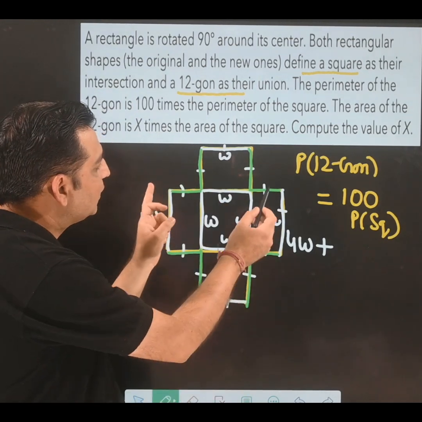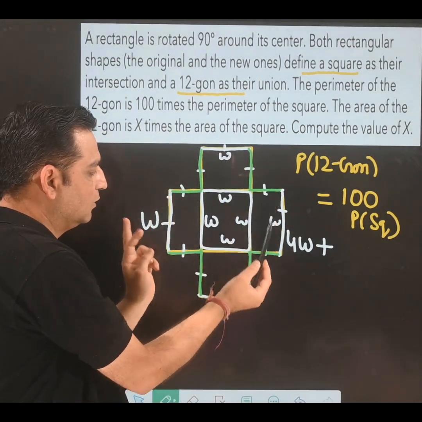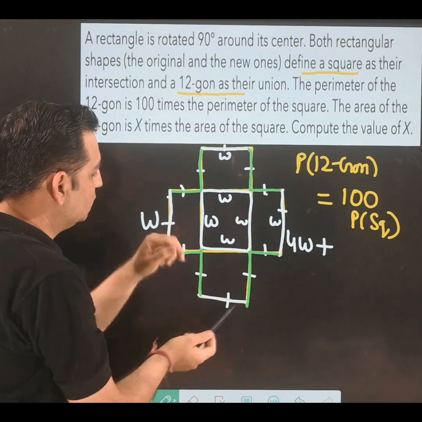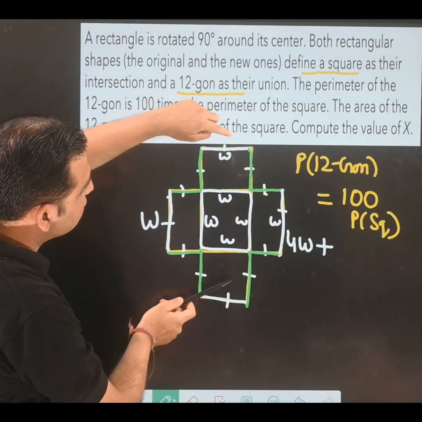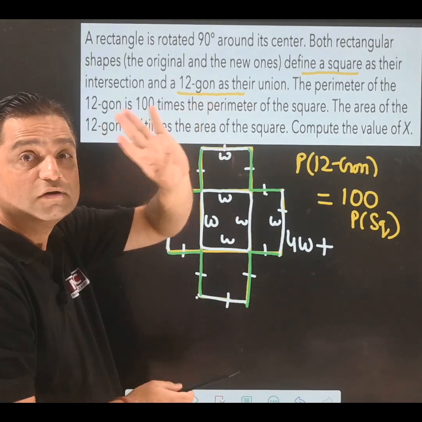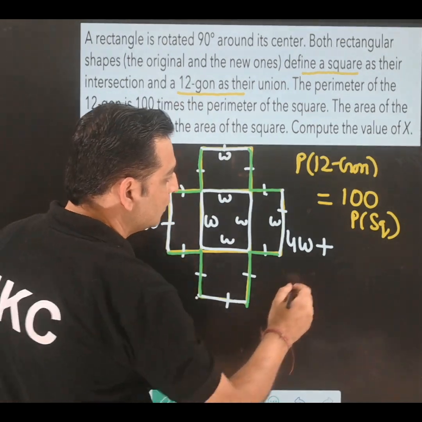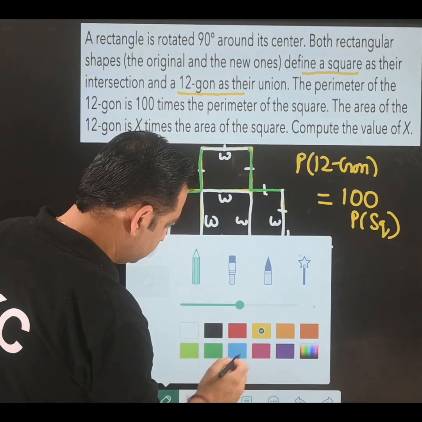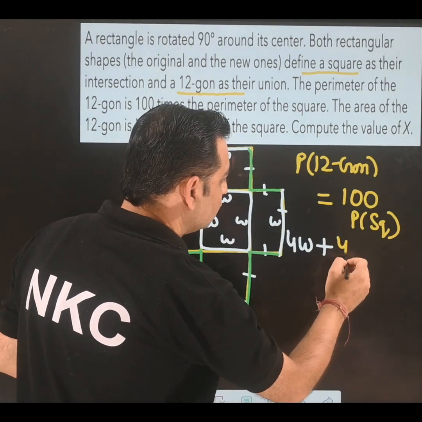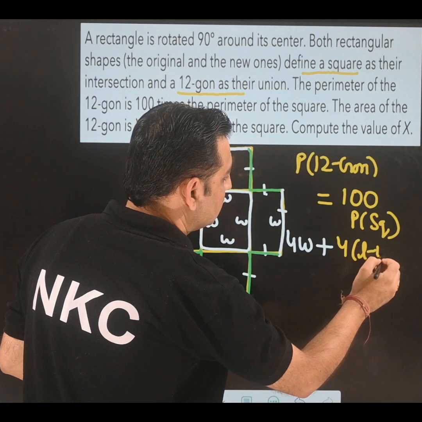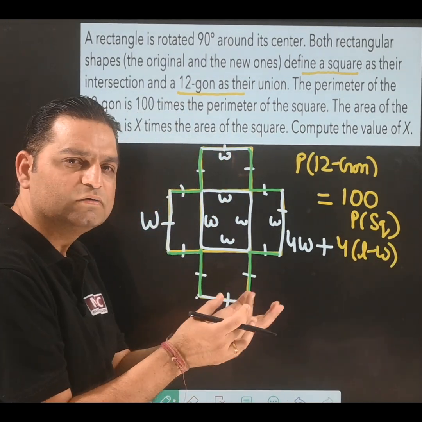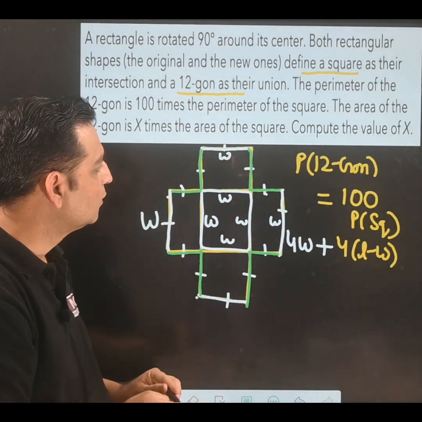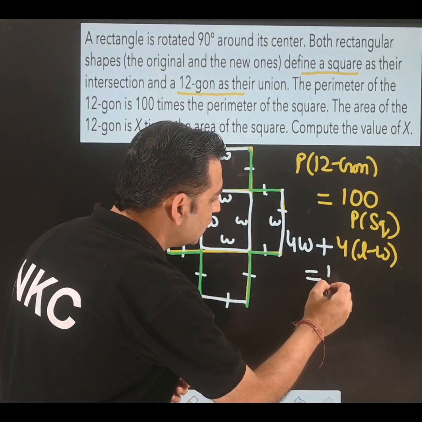So L minus W covers this line, L minus W covers this line, L minus W covers this line, and L minus W covers this line. Total 4 lines are there, and each is being represented by L minus W, so I am multiplying it by 4. It is equal to 100 times